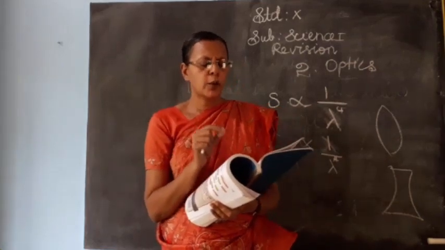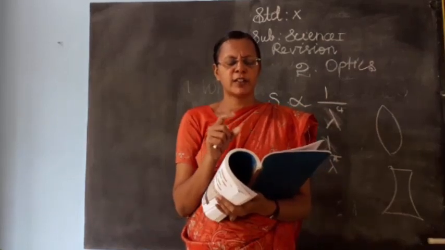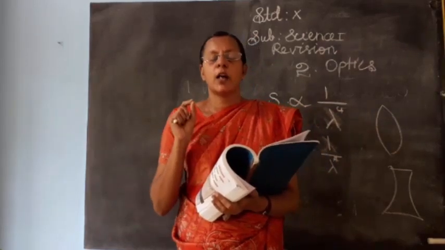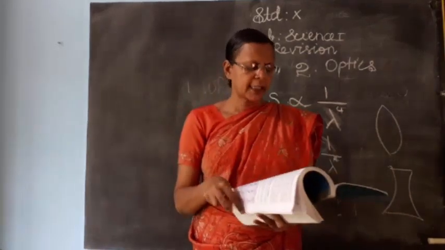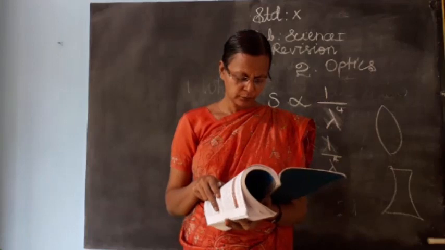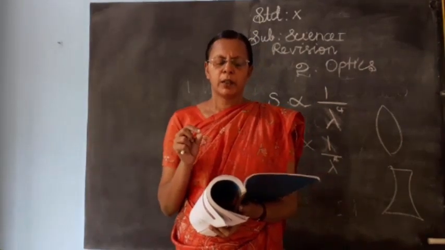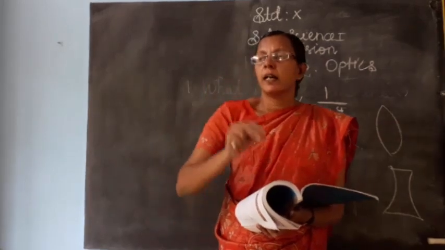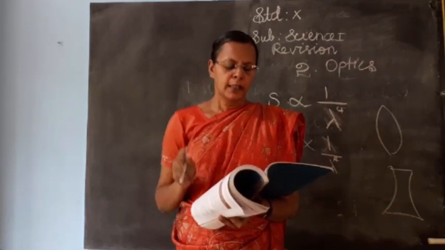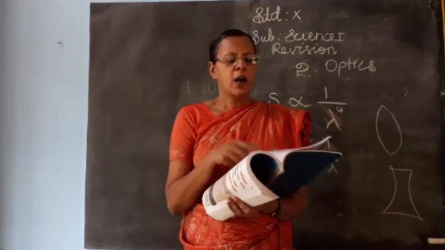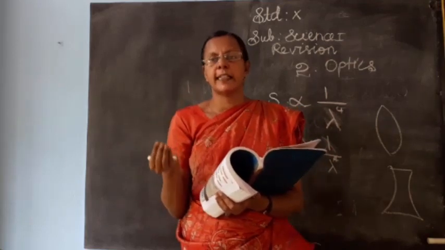Okay. Then Roman number 7, give the answer in detail. There are 4 questions. Important questions you have to know well. First question, list any 5 properties of light. Answer is in page number 16. Page number 16, 8 points are there. Which points you know well, like that you can select 5 points. Those 5 points you have to write neatly. If they are asking 5 properties, you can write 6.